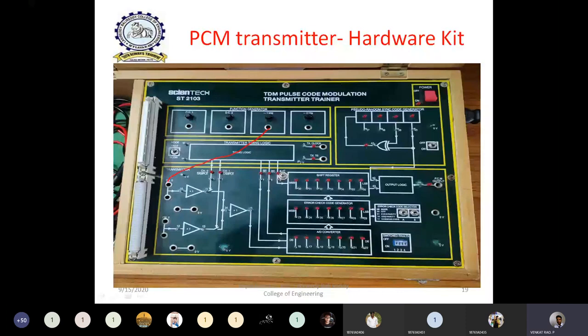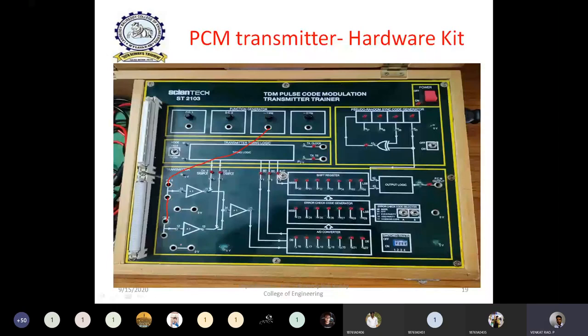Why are 2 channels given? For the purpose of multiplexing, if you want to multiplex 2 signals, this is the other channel. But if you don't want to multiplex and want to convert only 1 signal to PCM output, then you can use only 1 channel. Or else you can connect both channels in the same way, so that from these 2 channels only 1 signal is finally transmitted.